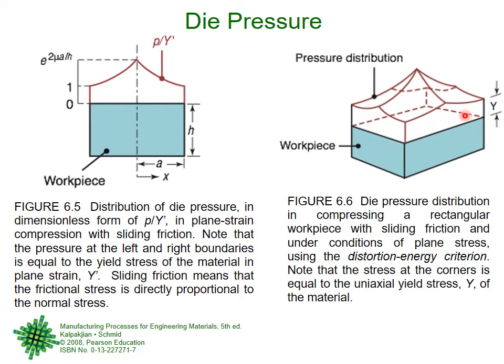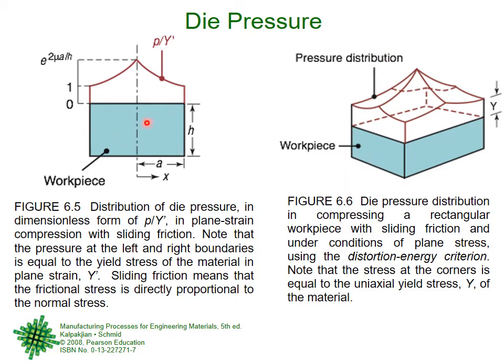This is the piece of the material. This is the 2D view, of course. This is the 3D view. And you are applying pressure from the top, from a die, and there is pressure from the bottom piece of the die, because this is fixed. So when you apply pressure there, there is a reaction there.